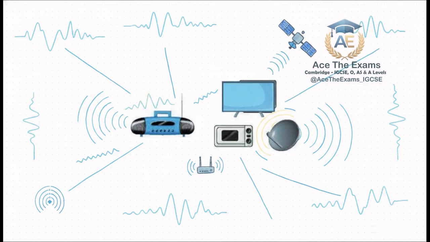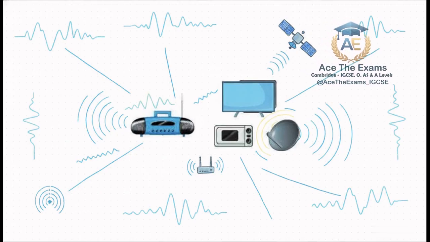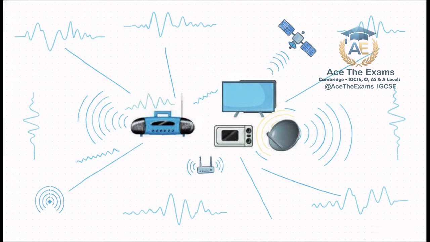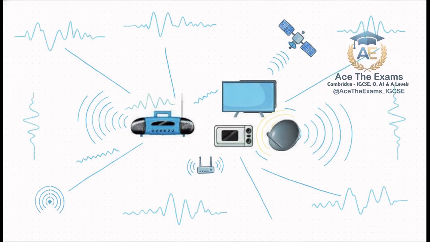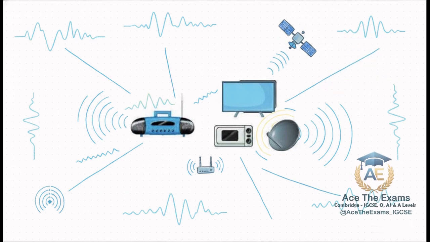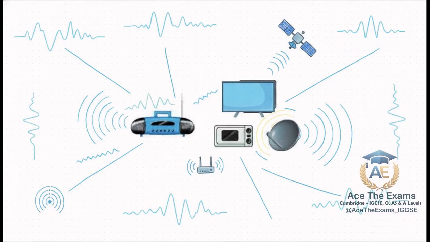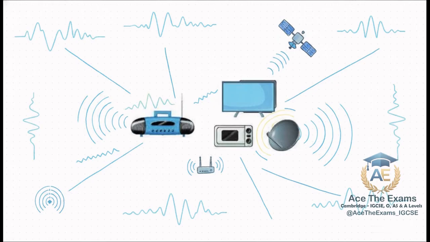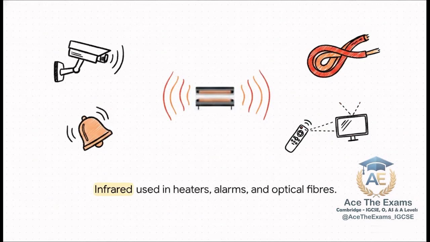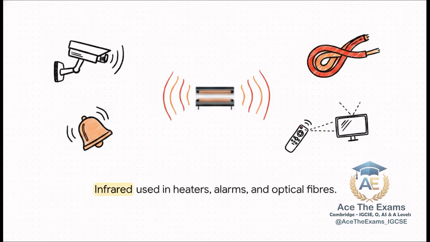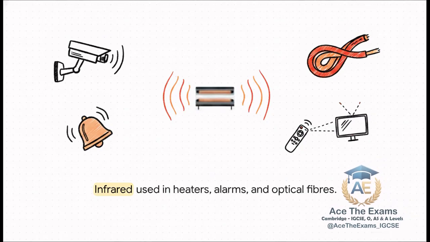This is the absolute backbone of modern connectivity. This specific band is what makes your smartphone work. It connects our satellites, it runs your home Wi-Fi, and powers radar systems. And yeah, of course, it's also responsible for the specific heating effect that we use to warm up leftovers in our kitchen microwaves. As we keep climbing up the frequency ladder, the waves get shorter, and we hit the infrared